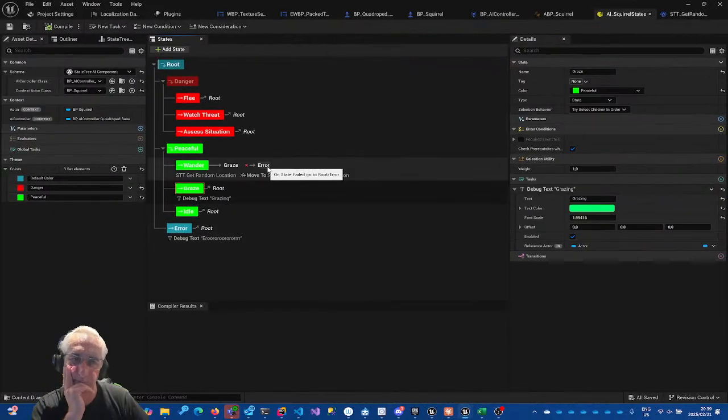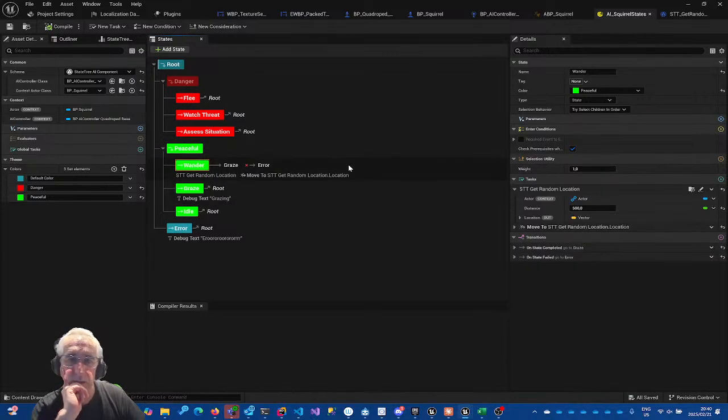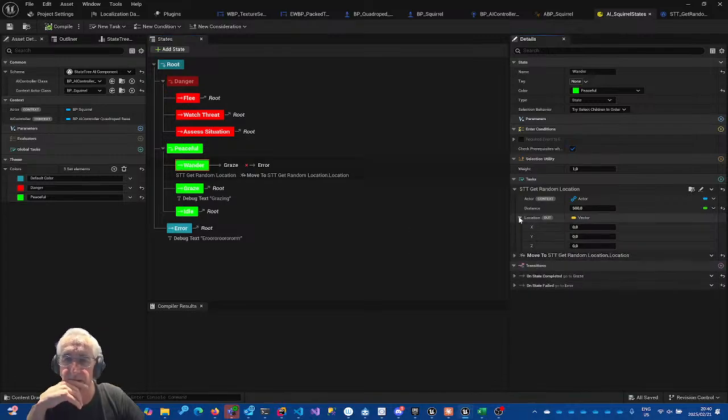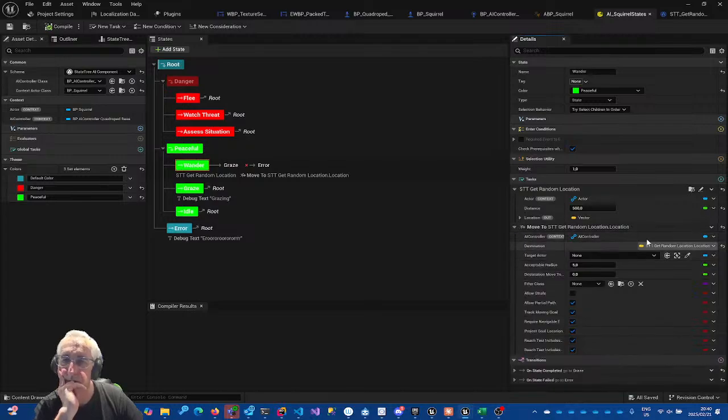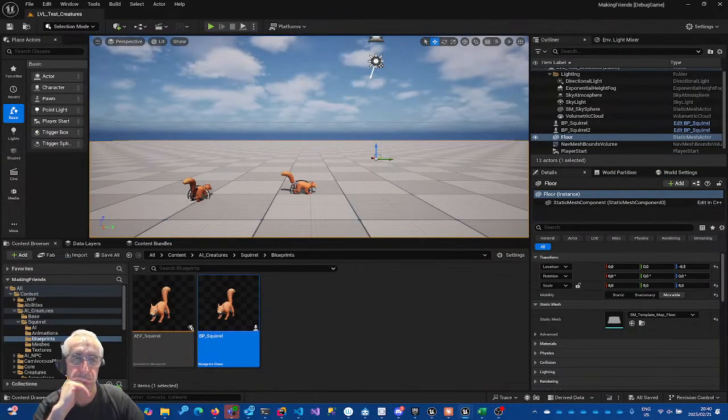So, you say get the random location, move to the random location, and then go to the grazing. And it is getting the random location. And I don't know that there's a way to output the random location yet, or that we submit to screen, and there was values in it. And move to doesn't move. So let's just go back to